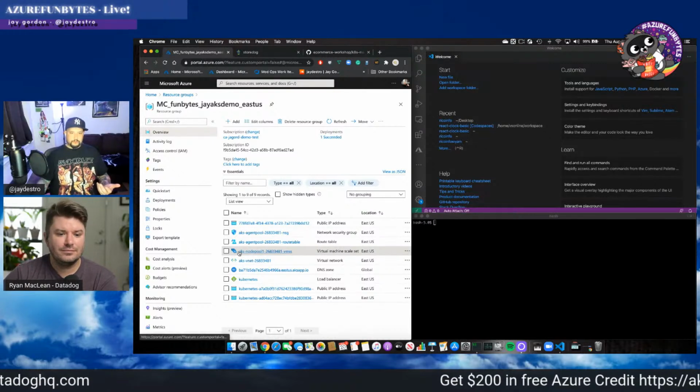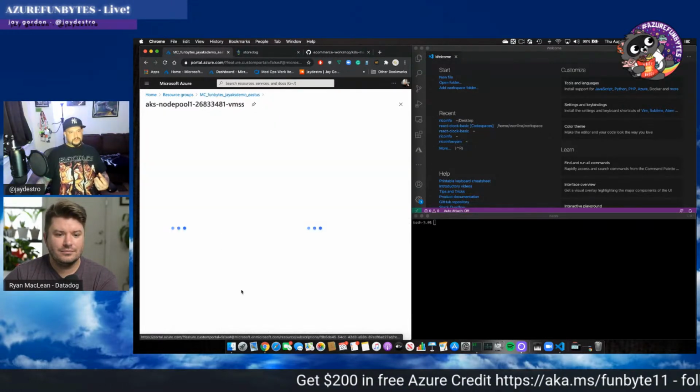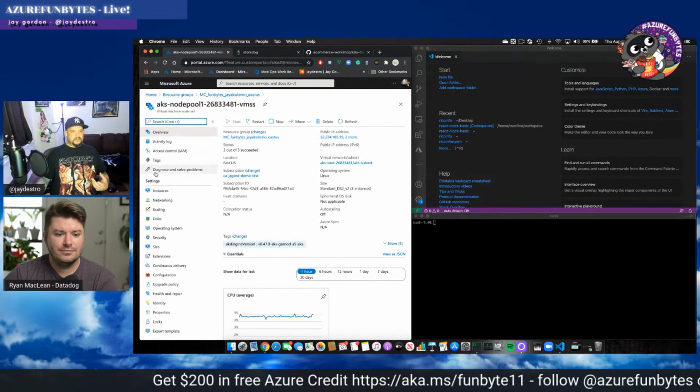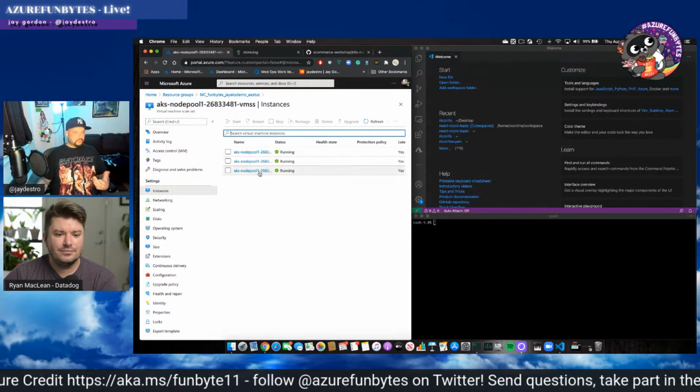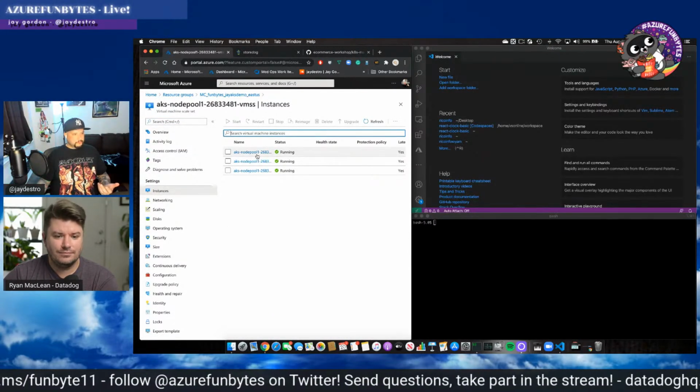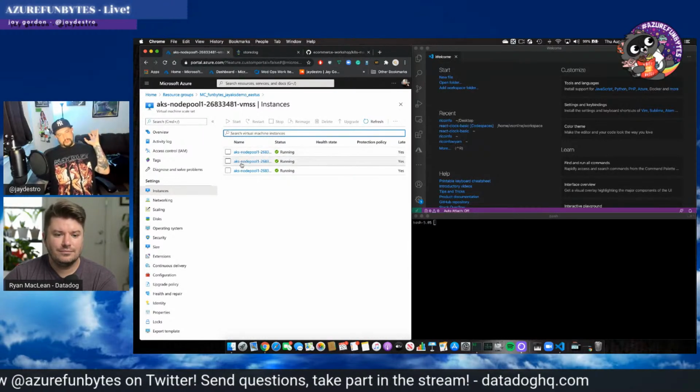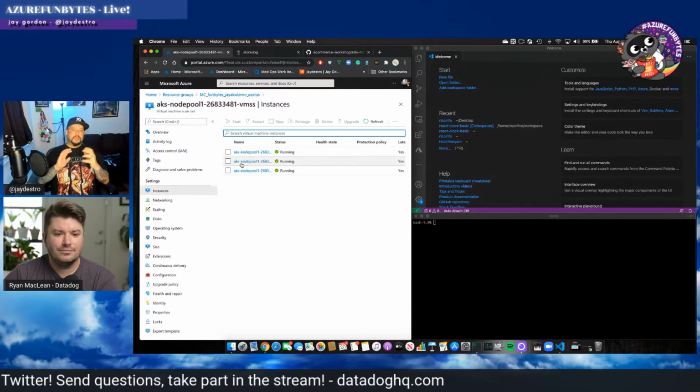So we'll go here to a virtual machine scale set. We'll take a look underneath the hood in instances, and we'll see it's just 3 virtual machines. And so what Azure does is throws a